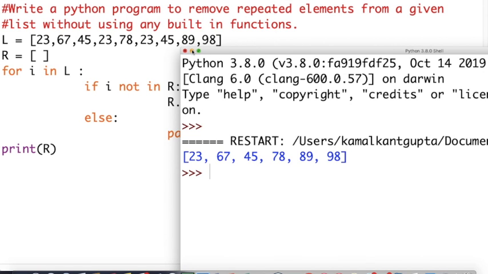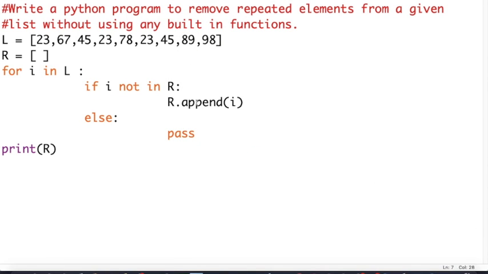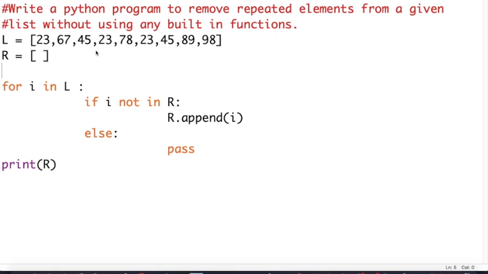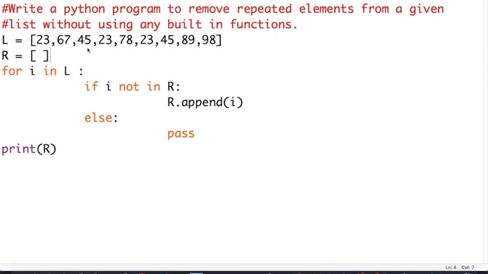Now here you can see that I have used one append function, and the question was that it should not use any built-in function. We have used a built-in function of list called append. So how to remove the use of this append function? Let's find out whether we can do it or not. Say for example, we have total n number of elements over here. So we will just create one list and we will append it with the latter elements, right?